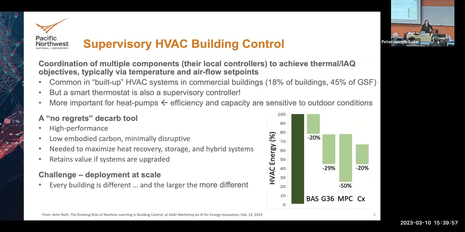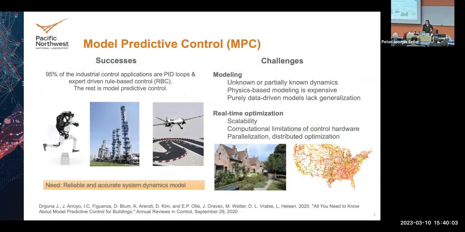Today, buildings are being controlled with a large set of rules that are handcrafted by engineers. So looking at MPC by itself, we know that there have been many successes of MPC deployment in aerospace and robotics, in very large industry. However, when you think about buildings, there have been successes, but also there are many challenges with deployment. And there are two drivers of challenges. And one of them is the need for models, right?